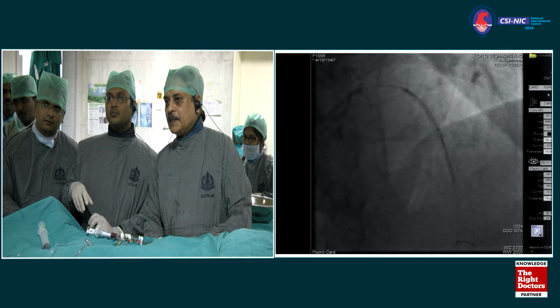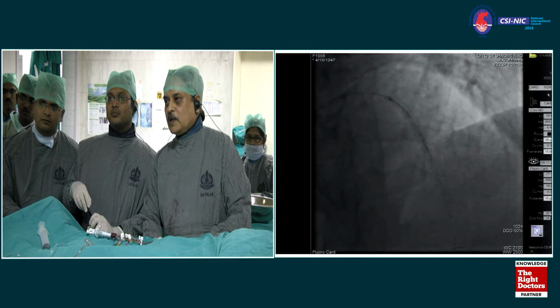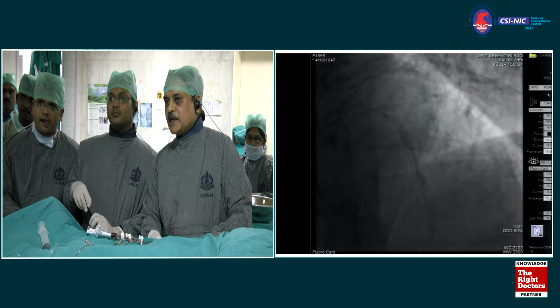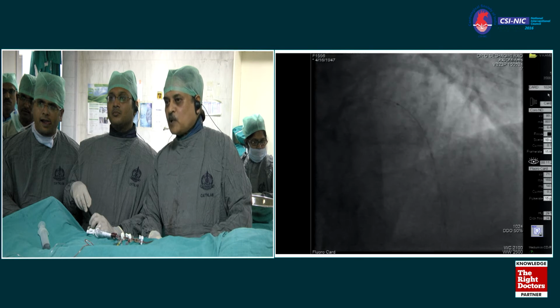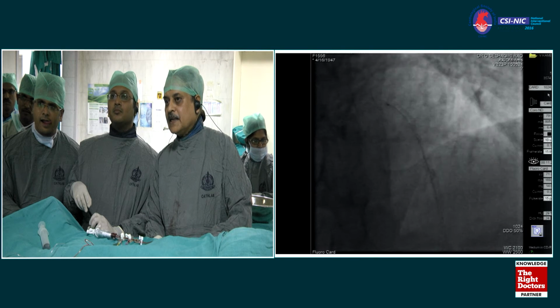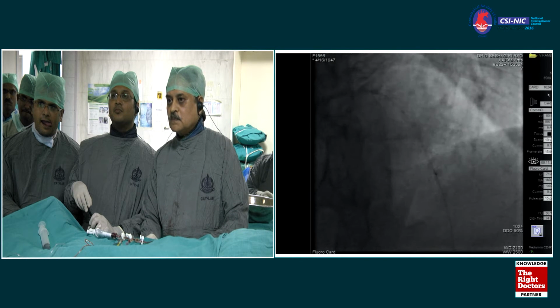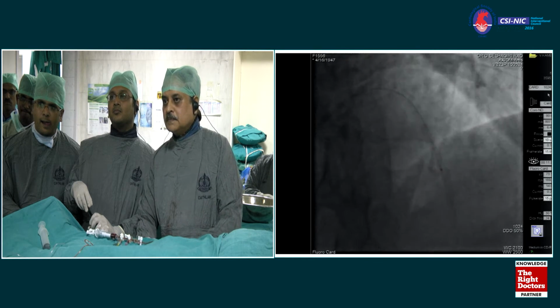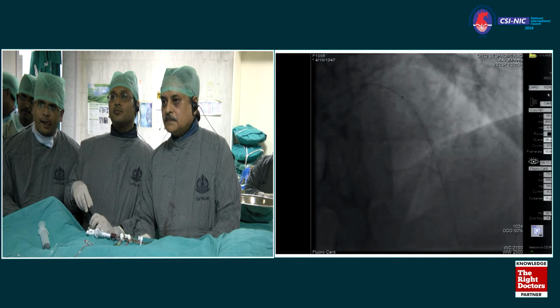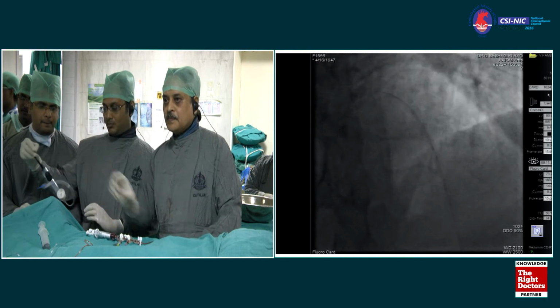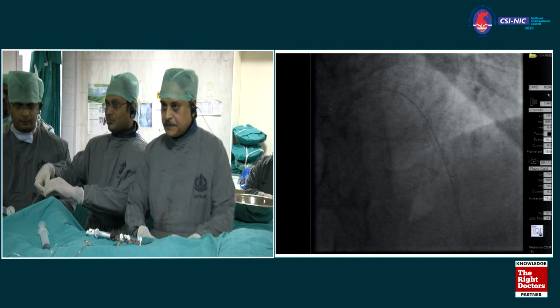So the stent doesn't come in the ectatic vessel at all. We are not going into the ectatic segment. The best proximal option for this patient is to put a BVS proximal to the diagonal, not a metallic stent. If you're going to stent that area, which is the area for LIMA intervention in the future, then you should be having a BVS here, not a metallic stent. We don't have that long a stent if you want it. You can overlap the BVS or you can put two BVS.